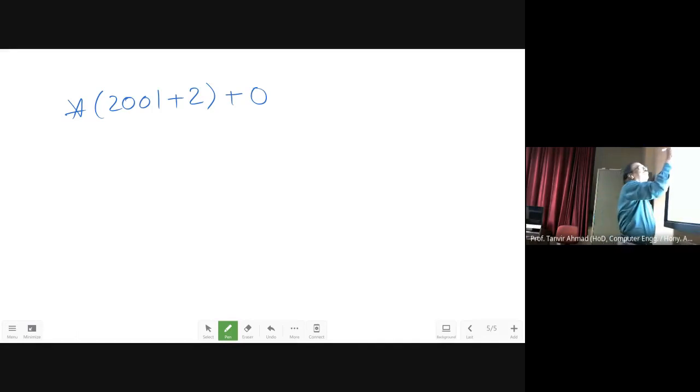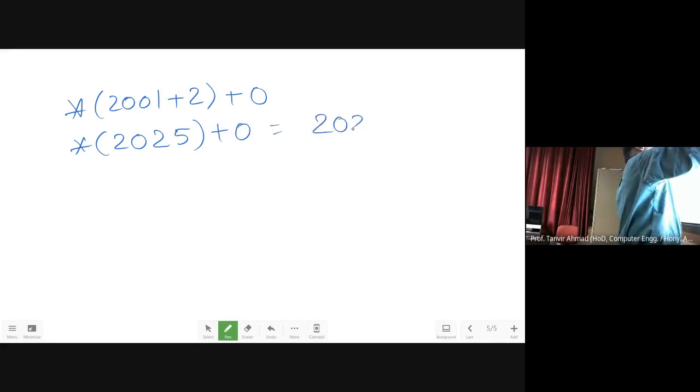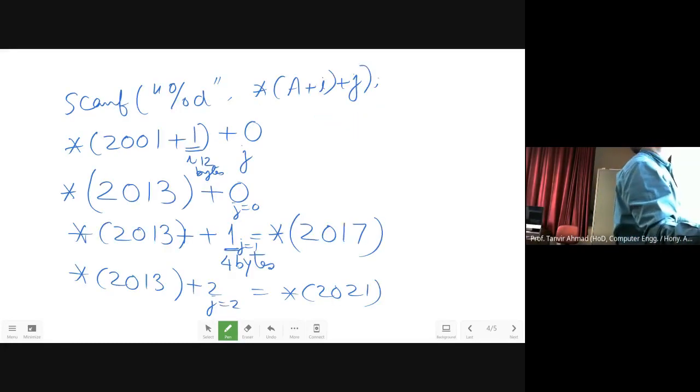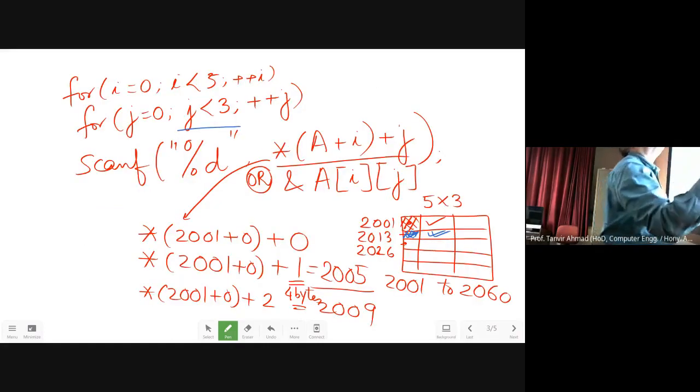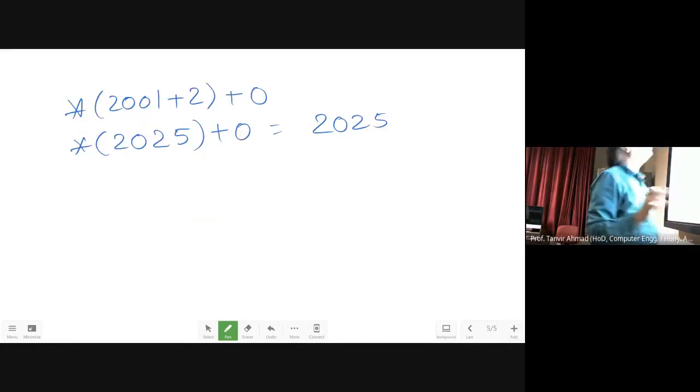This will give you nothing but star 20, because for 12 bytes, 24 bytes, plus 0 will give you the 2025 location, and whatever you enter over here is going to come to this place. Just a moment. I think it should be this 12 bytes. Some mistake.